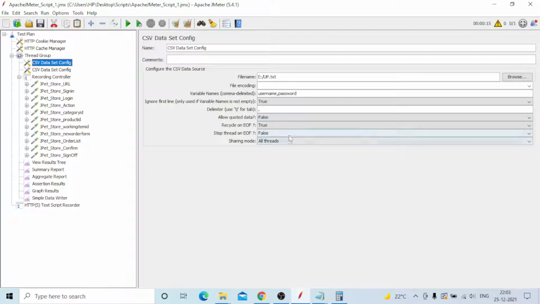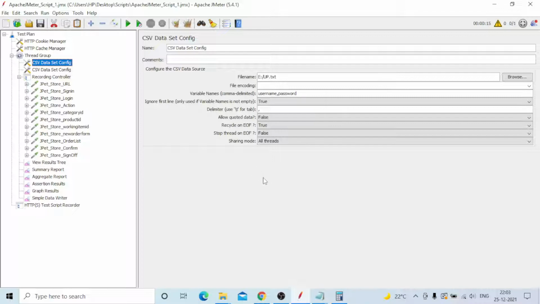Because of that, only that username and password will be used to log in. From a client's or application's point of view in a company, also some applications, what will happen is they do not provide the usernames and passwords or any remaining parameters. They do not provide huge test data. Clients also told you can reuse the test data for the internal application. At that time you need to select recycle on end of file true, and the test data will keep being reused and your test will execute successfully.